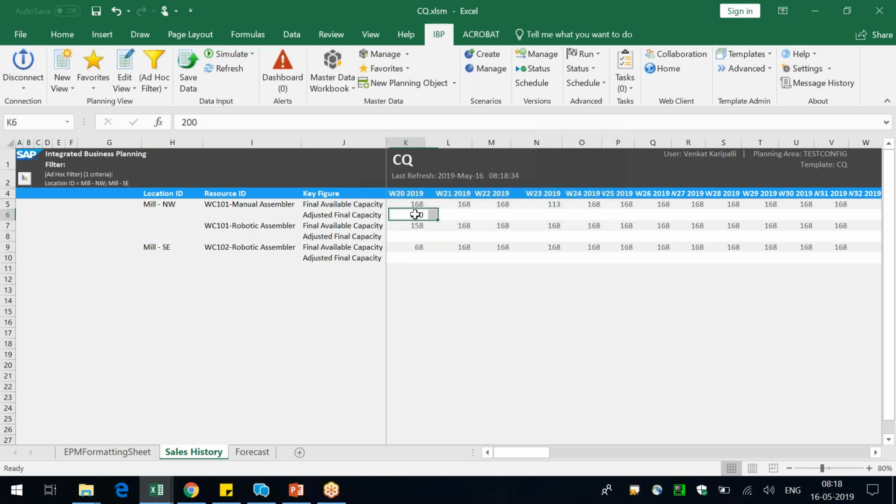Okay, this should copy. I don't know why it is not copying. So at least the fixation we'll see, but I'll also get back to the key figure and see why it is